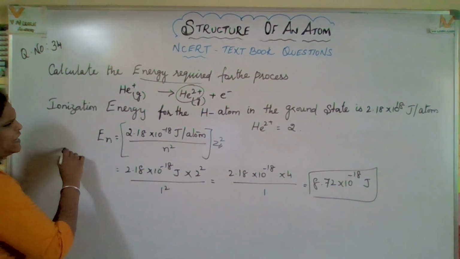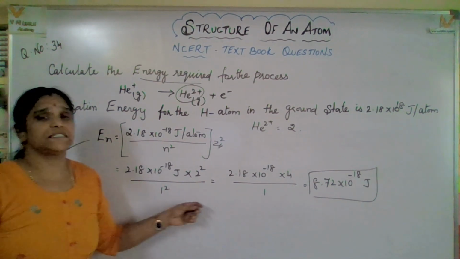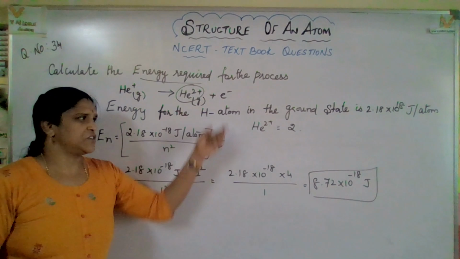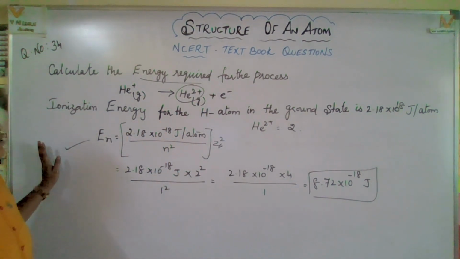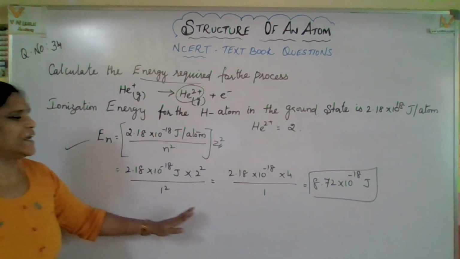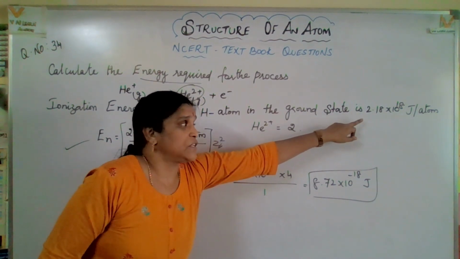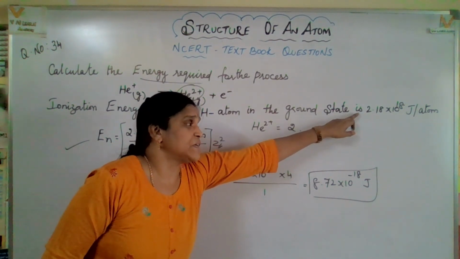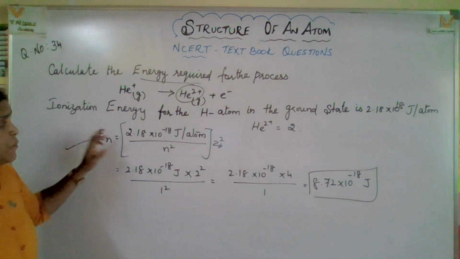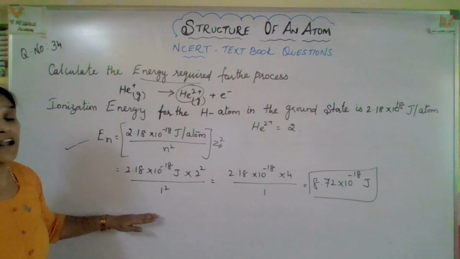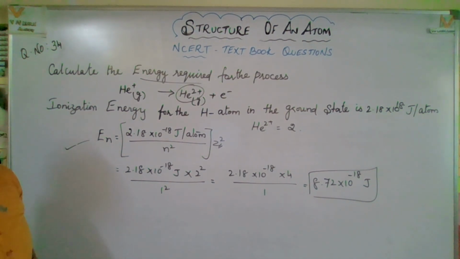I hope you got a clear idea. This is very simple. Actually, questions number 16 to 20 are related to this point only, ionization potential. Just watch that video also, I hope you will get an idea. See, here they directly mentioned positive. That means there is no minus sign, there is a plus sign only. That's why I directly went to that formula. Otherwise, to remove that minus, we will go for another step. I hope you got a clear idea. Yes, come on, let's go for another question.